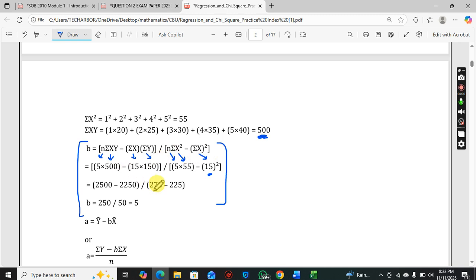Once you do your tabulations, our slope equals 5. B equals 5, which is telling us if the weeks increase by 1 unit, the sales increase by 5 units. That's what the slope is telling us. If the weeks increase by 1 unit,